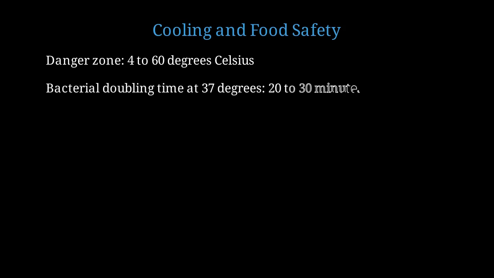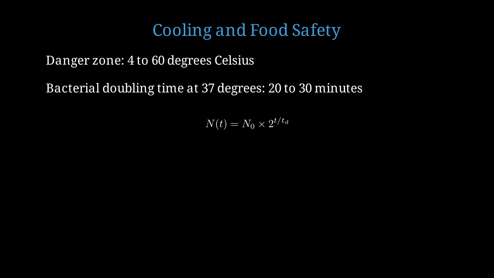After cooking, we need to think about cooling. Food safety depends on temperature control. The food safety danger zone is 4 to 60 degrees Celsius. Bacteria multiply rapidly in this range. At 37 degrees Celsius, body temperature, many bacteria double every 20 to 30 minutes. Bacterial growth is exponential. N at time t equals N0 times 2 to the power of t over Td, where